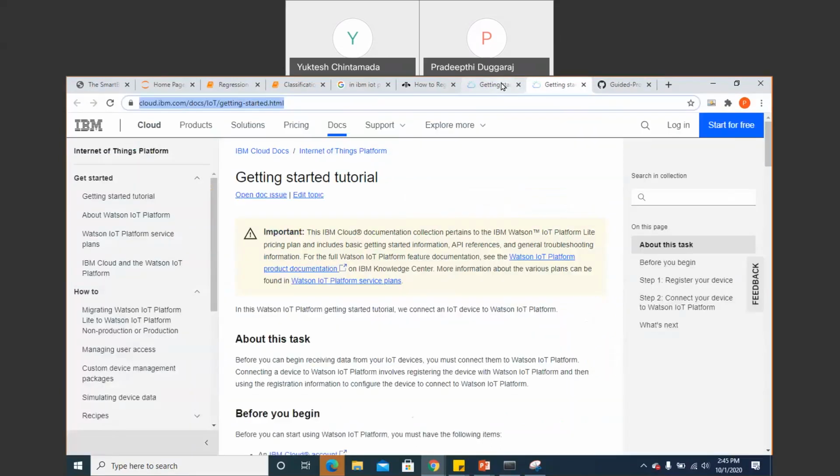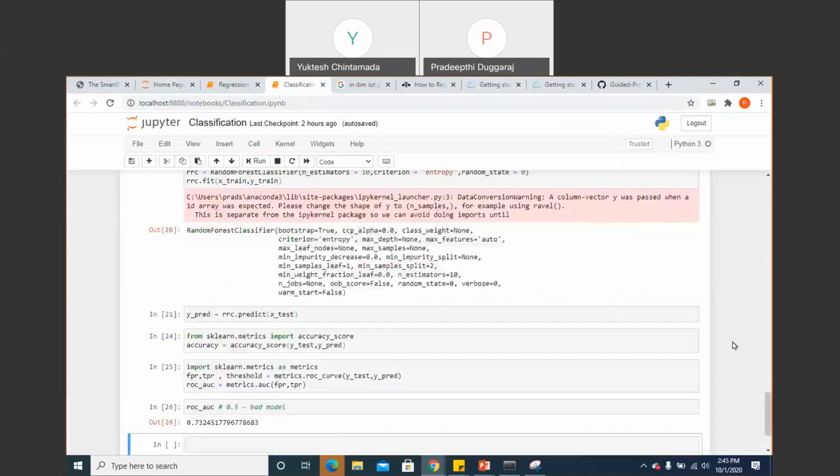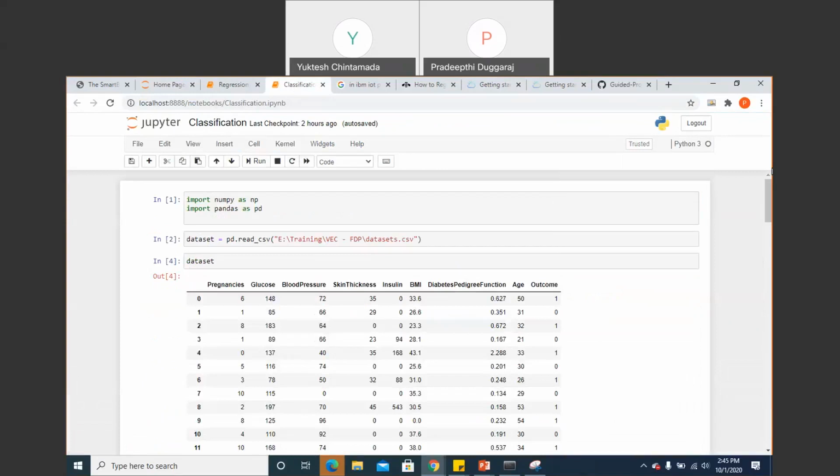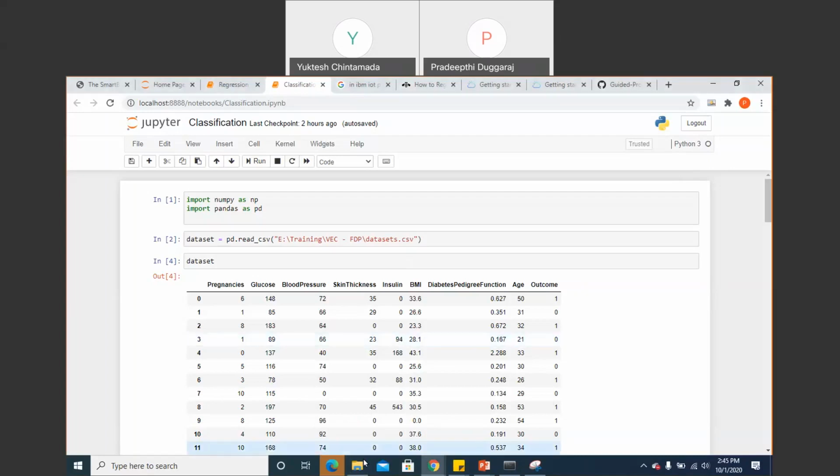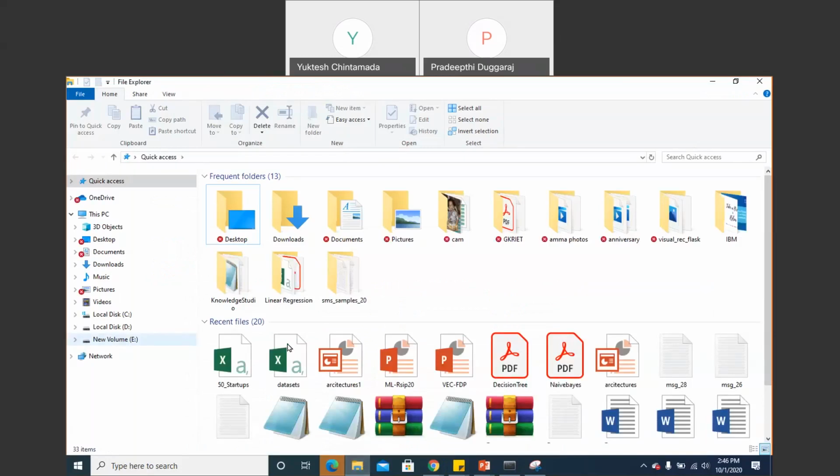Yes. Now, please open the classification program. Have you opened it? If you see here, this is classification algorithms. I have made these classification algorithms on the diabetes dataset. I'll show you the dataset as well. The name of the dataset is datasets. If you just open this dataset,